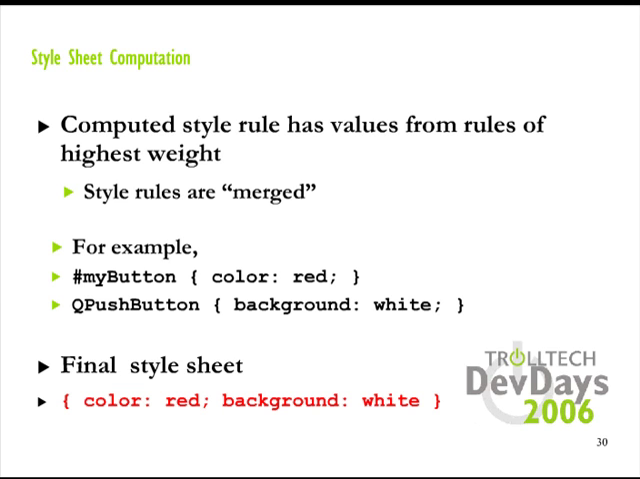That's a lot of text. I'll skip that, but let's go to the example directly. It says that myButton color is red, QPushButton has the color pink and the background white. Weird colors. Anyway,